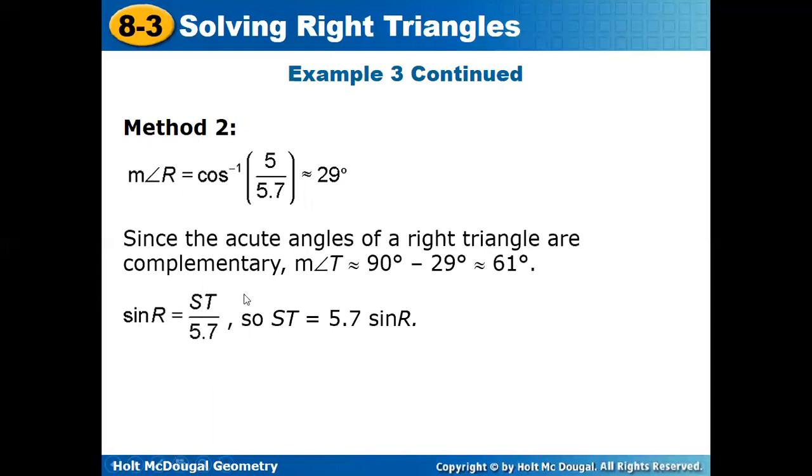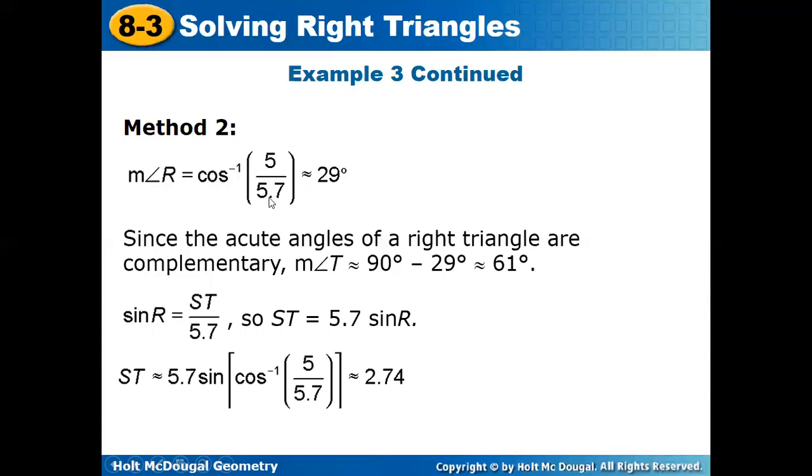We simplify by multiplying both sides by 5.7. Look, ST is equal to 5.7 times sine R. So ST is equal to 5.7 times sine of the angle R, which is cosine power negative 1 of